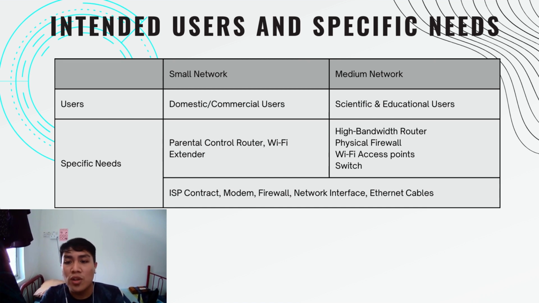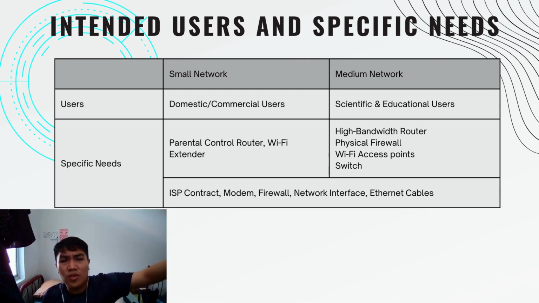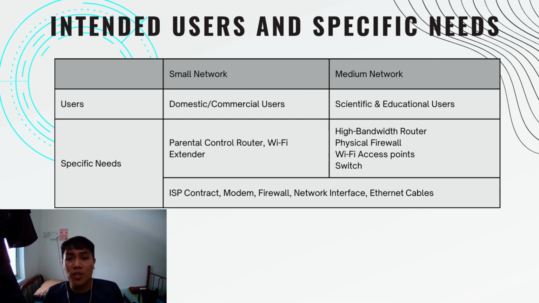Then the Wi-Fi access point is for the wireless devices such as our phones and tablets to connect to, because students nowadays tend to bring not just one. For example, I have one phone and one tablet just to go to class, not to mention my laptop which I use to record this video. And then a switch is to connect to many more devices, but wired, for all of the computers in the lab.